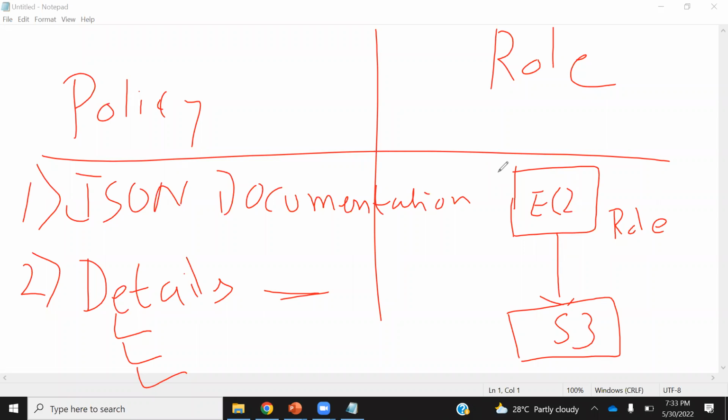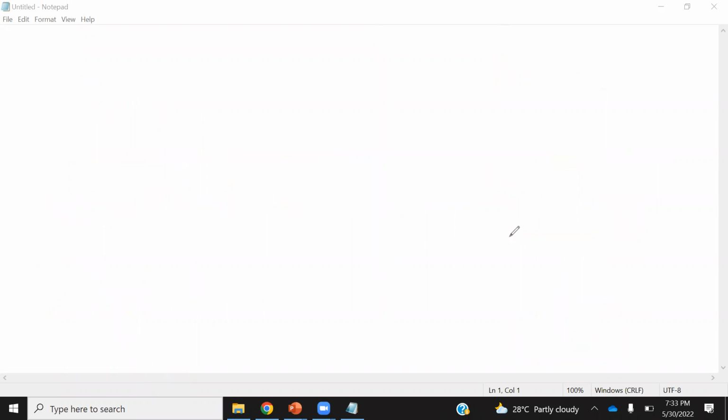Policy, whereas, is a JSON documentation. Okay. Any follow-up questions to this? You can ask again, else we'll move ahead. Now,